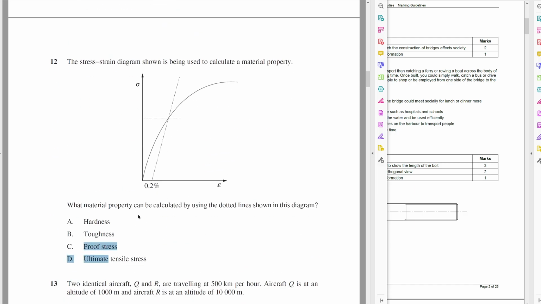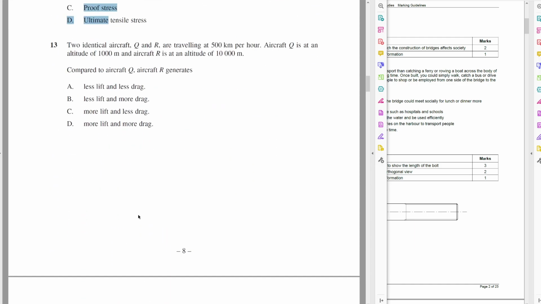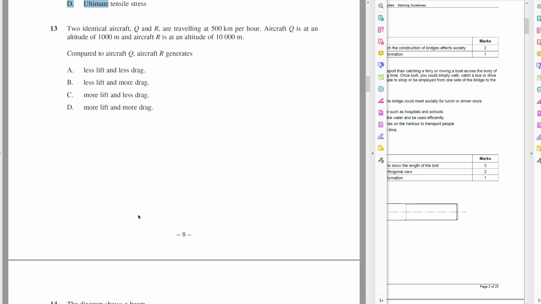Question 12, very few people knew about proof stress. So if you struggled with that one, you were not alone. And then even fewer people, less than half, got that one, and even fewer got question 13. Okay, so 2 identical aircraft, Q and R, are traveling at